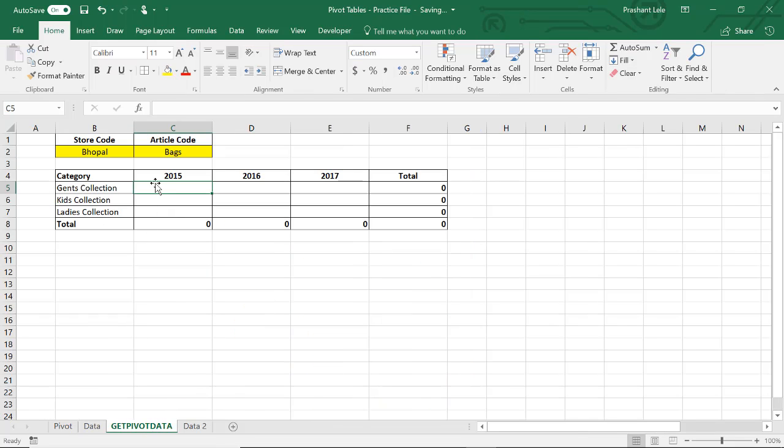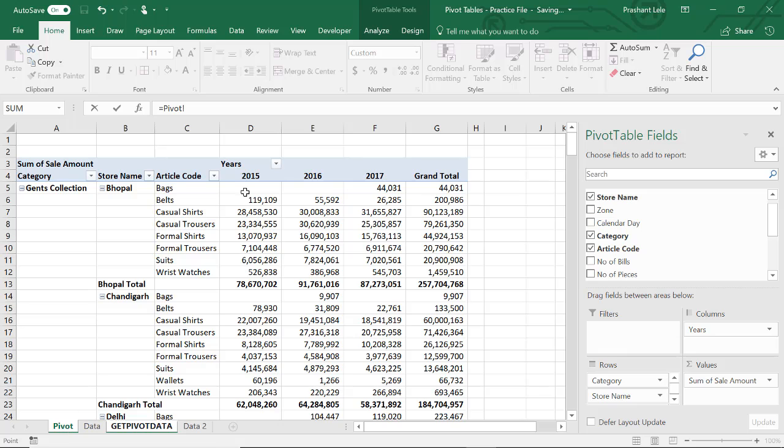Now see what happened. Go to here, equal to pivot, just click on this cell. Again, the long GETPIVOTDATA terminology or nomenclature, whatever it is, is inserted in your formula bar. This is nothing but GETPIVOTDATA, cell amount. This is the value field, cell amount. Pivot A3, this is just the first cell of your pivot table.